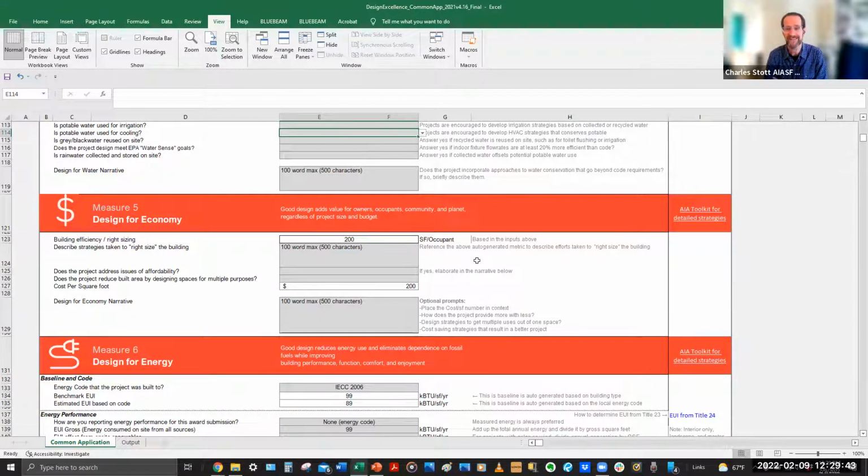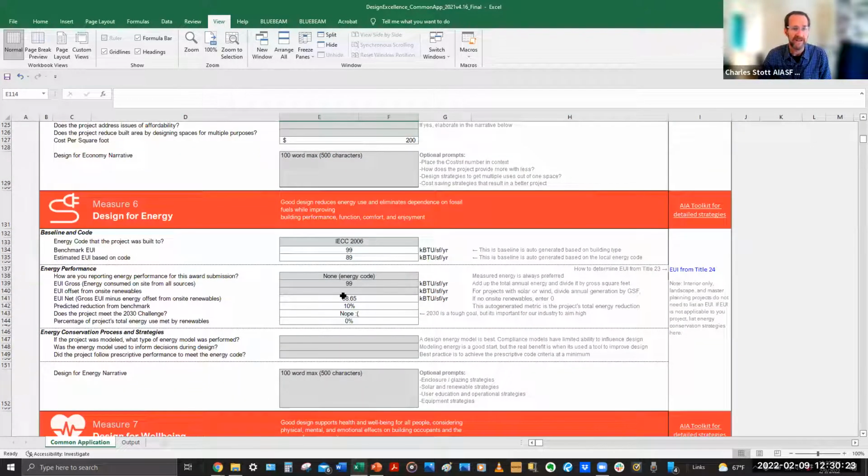And then again, a narrative on strategies to right size the building. Sometimes we call this value engineering. Sometimes we just say we are doing the same size building, but we're doing it more efficiently with materials that are less cost and less carbon, for example. That's design for economy as well. And also thinking about growth on the economy side: is there room for phasing this in future projects, or does your client have anticipation for building the company within this building, and that's why it's the size it is? So, a couple of narratives there.